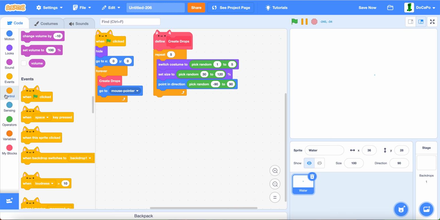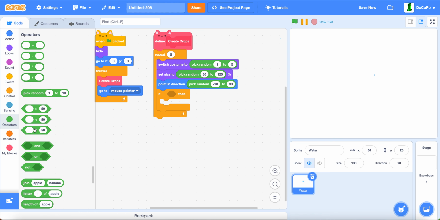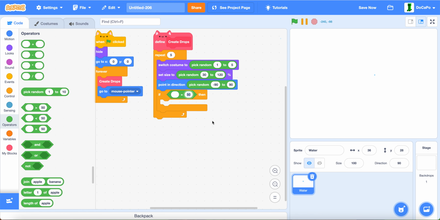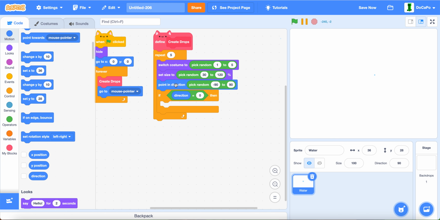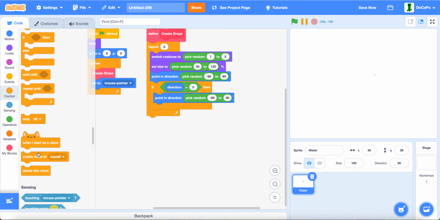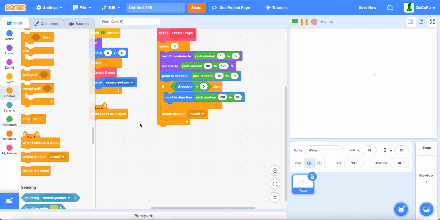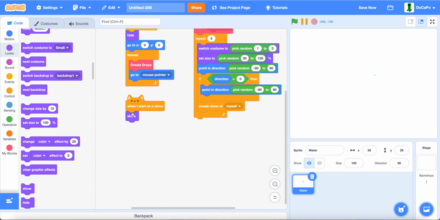And then if direction equals 0, then we will do the point in direction again, and then create a clone of myself. Now when I start as a clone, show, and then